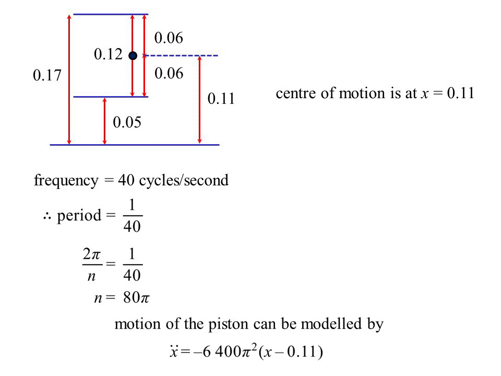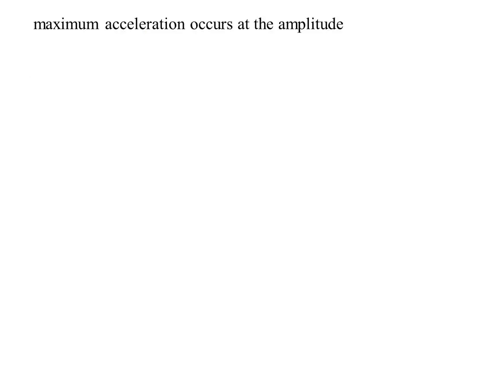Therefore, I know acceleration is minus n squared x. But we've got a shift happening here. So for R1, acceleration will be minus n squared, so (80 pi) squared, 6,400 pi squared, times x minus the centre, which I've worked out to be 0.11. There is my equation. Now, remember what they've actually asked us to find. The resultant force on the piston that produces the maximum acceleration. Well, maximum acceleration I know will occur at the amplitude. So in other words, when x equals 0.05,